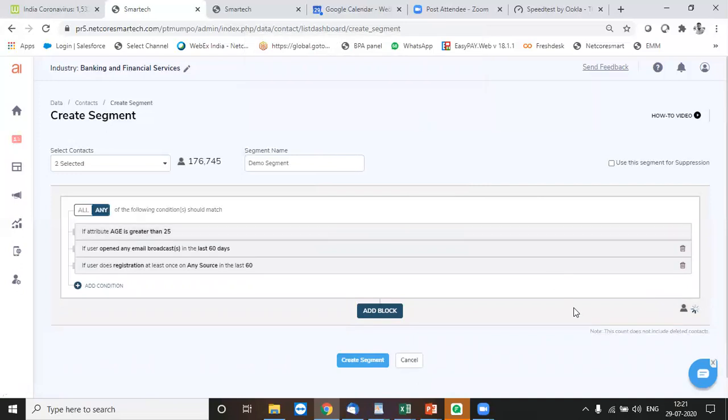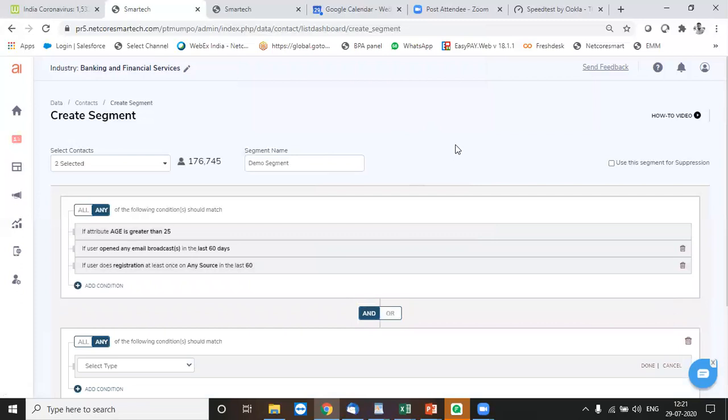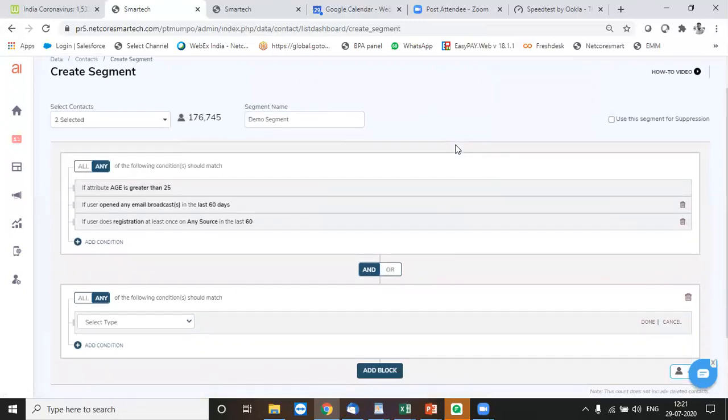Click on OK, and I get a count of my customers over here, so how many customers match any or all, whichever you select in the conditions. One block can have 5 conditions, and in total I can have 3 blocks. Technically I can have 15 conditions for one segment.